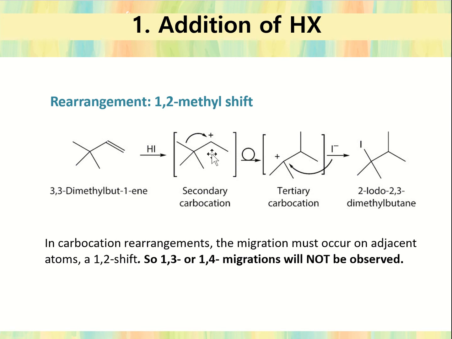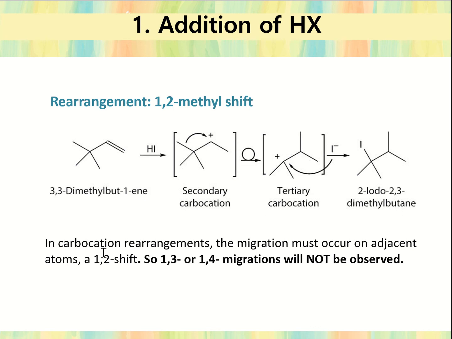Clearly, the secondary carbocation is favorable. And because we have a neighboring methyl, that methyl can shift to the adjacent carbon, thereby resulting in a tertiary, more stable carbocation. And of course, our halogen is just ready to attack our positive tertiary carbocation